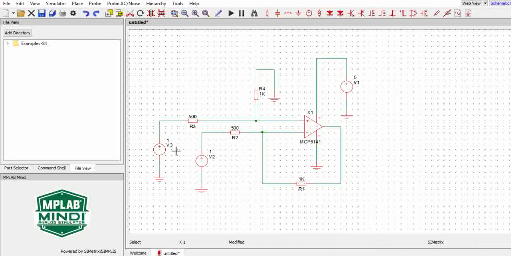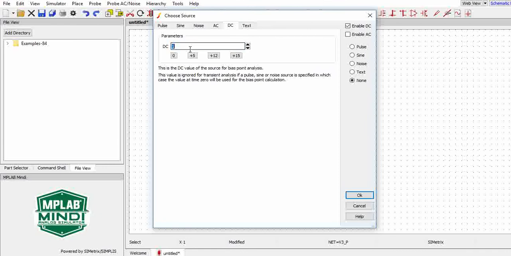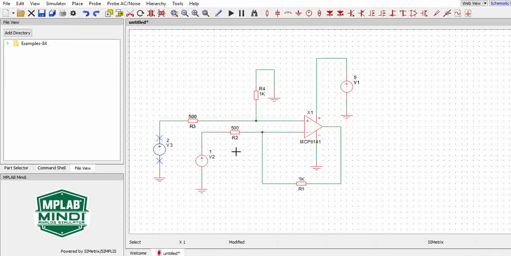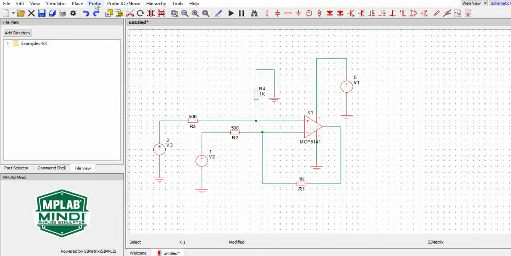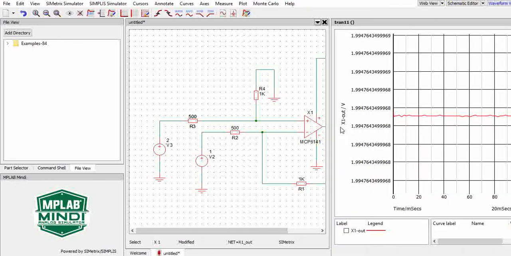Now, let us assume we change it to 2 volts, which we have calculated previously in the presentation. When we run this, completed, and let us try to probe. You can put a probe already so that you generate the waveform directly, which we have explained in our previous videos. When you calculate, you can see our expected output was 2 volts, and this is nearly 2 volts. It is 1.994. This is again due to the offset voltage.